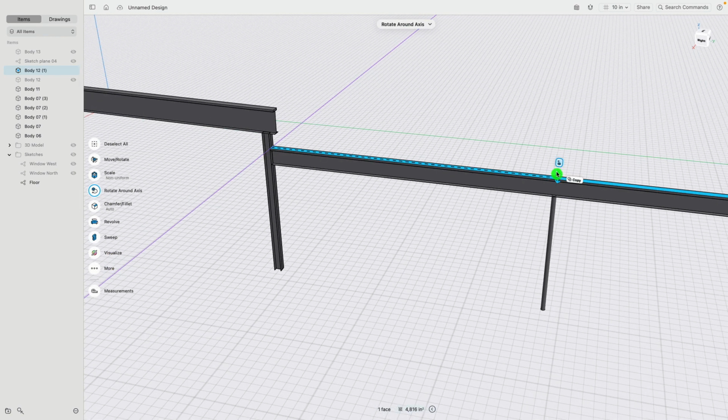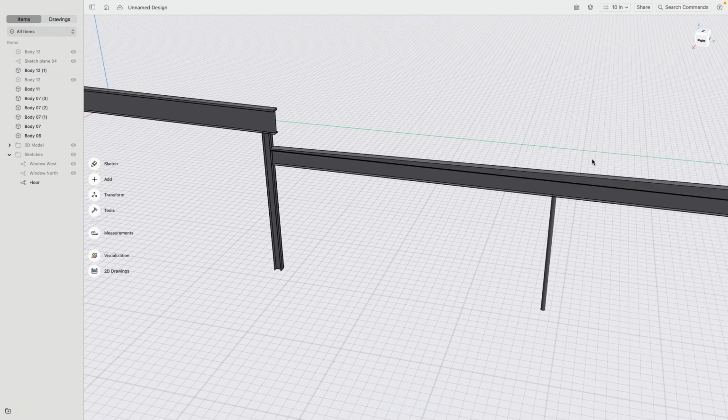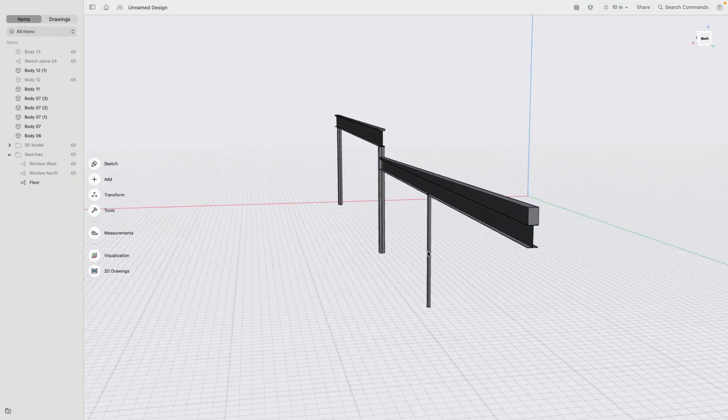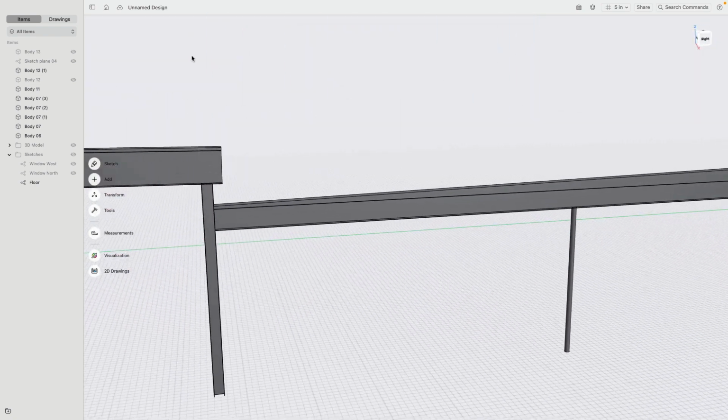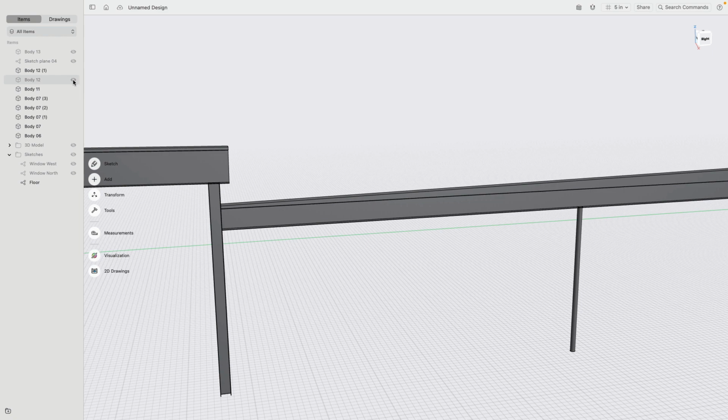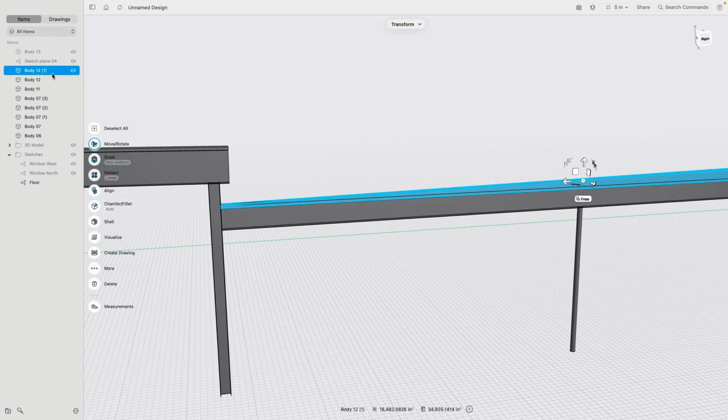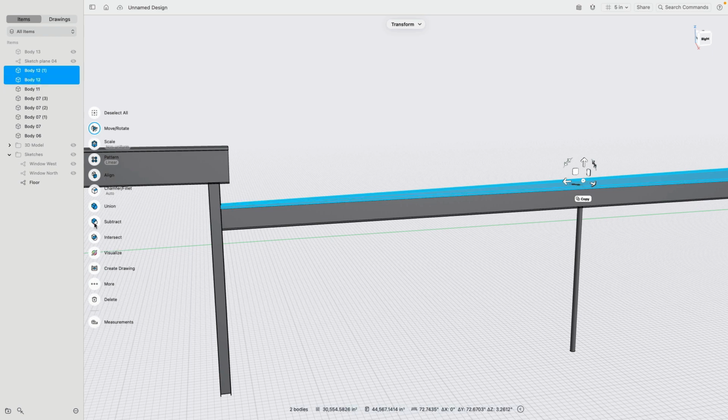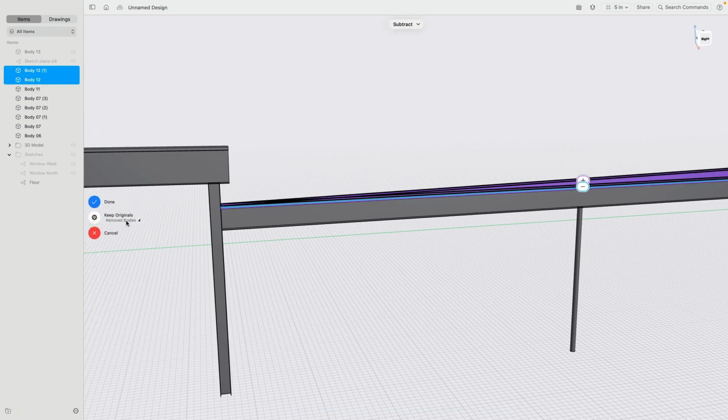There. So 1 degree up. Okay. You see? And when I now show body 12, you see it's inside. What I can do is body 12.1, shift click body 12, subtract, and then